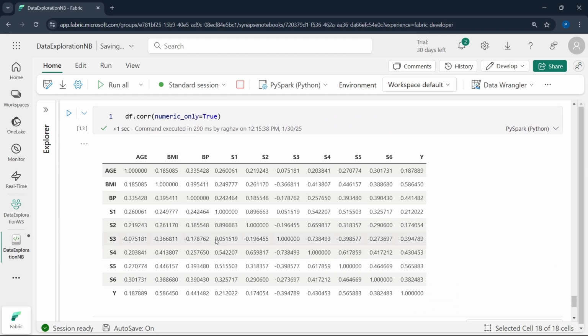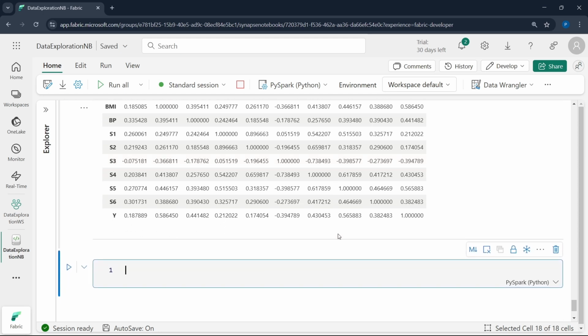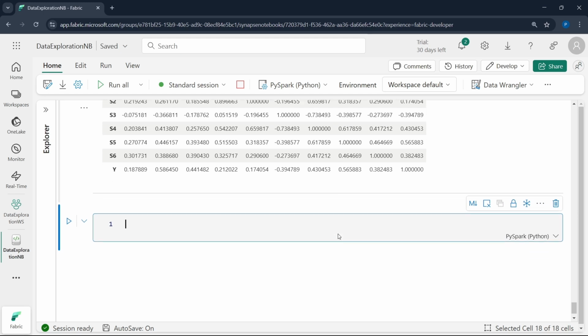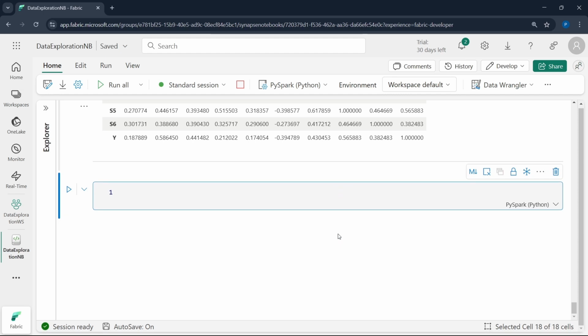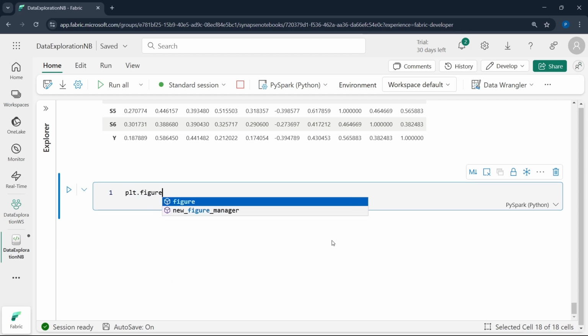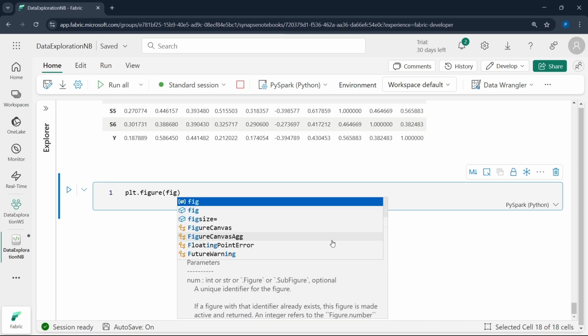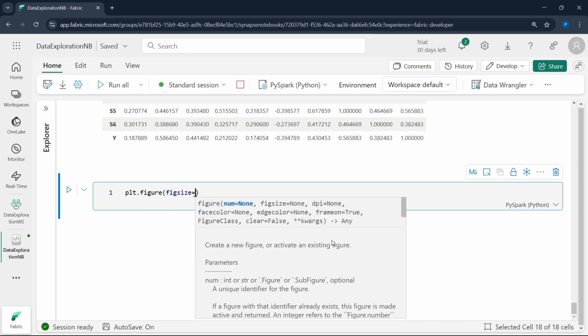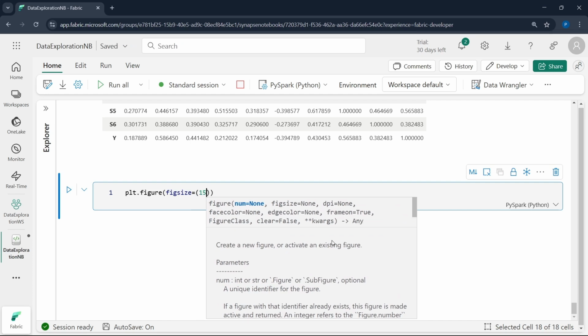And now using this data, we are going to create a heat map, and a heat map is a useful tool for quickly visualizing the strength and direction of relationships between variable pairs. It can highlight strong positive or negative correlations and identify pairs that lack any correlation. So to create a heat map in the new cell, let me give you the code: plt.figure, and then we are giving the figure size, and let's give 15, 7,